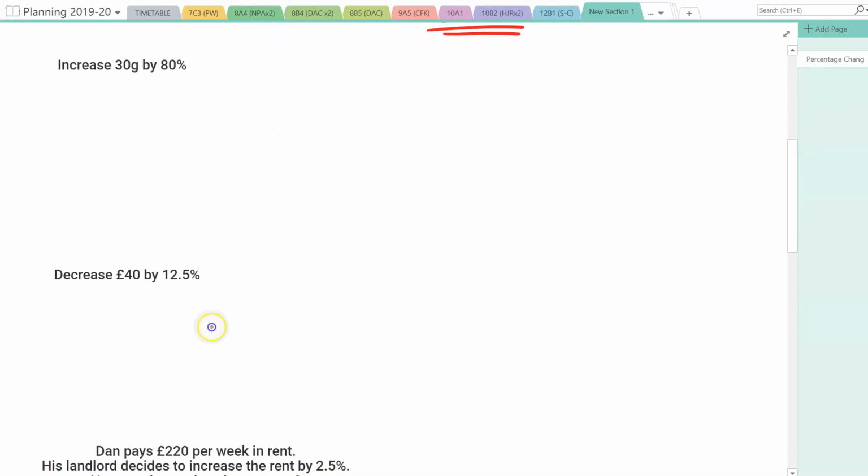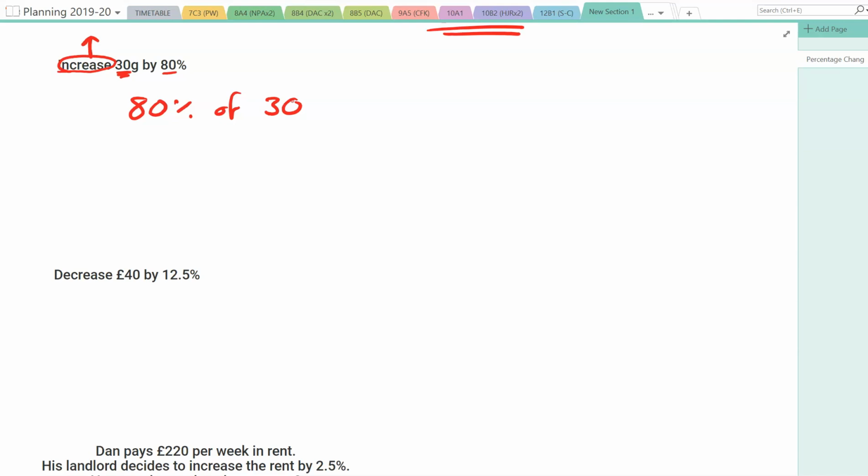Next one, again, we've got 3 bits of information. Increase, so our answer is going to go up from 30 grams by 80%. So we need to find 80% of 30. There's a number of ways in which you can do it. You can do it by finding 1% and then timesing by 80. You can do it by finding 10% and multiplying by 8. There's loads of ways you can do it. I'm going to go with the